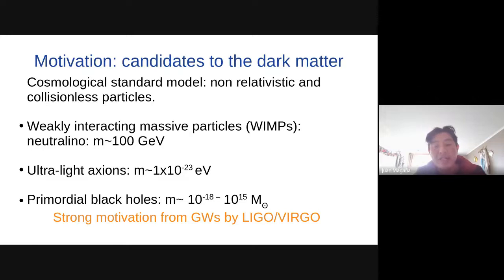For example, in one of the systems that collide, one component is a black hole, but the secondary component is a compact object in the gap between the biggest neutron star and the lightest black hole from stellar evolution, and then maybe this compact object can be a primordial black hole. Actually, the collaboration mentioned that in some of their papers.